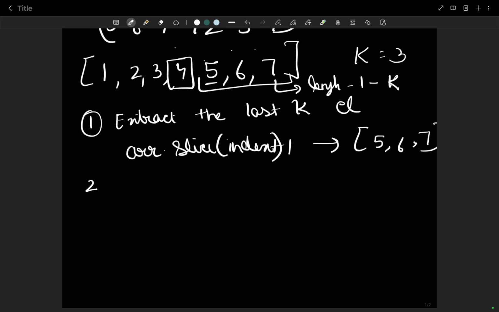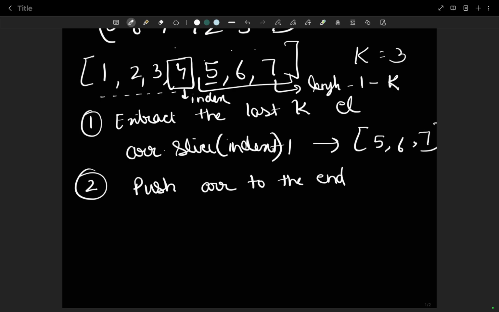Next step is to place the remaining elements. We start from this index and push the array to the end. Whatever value is at end will be replaced by this value. So the last value will be replaced by 4.